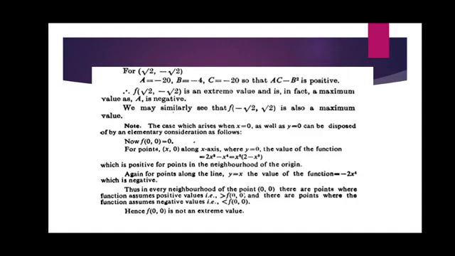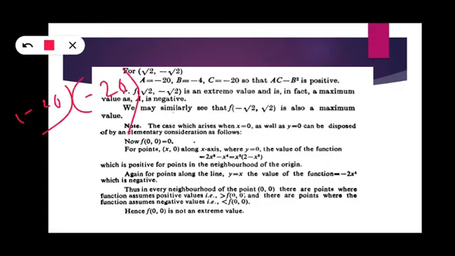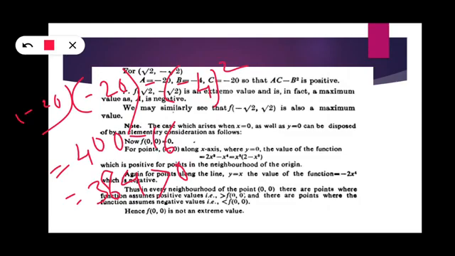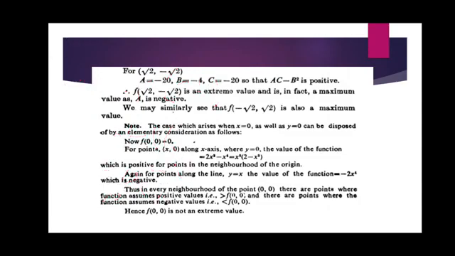If we take ac minus b square, what happens here? AC means minus 20 into minus 20, minus b square. Minus b square means minus 4 whole square. So minus into minus, that will be plus. So 20 into 20 is 400, minus 4 square, that will be 16. 400 minus 16, that will be 384. So it is greater than 0, that means it is a positive value here. So we got ac minus b square is positive.